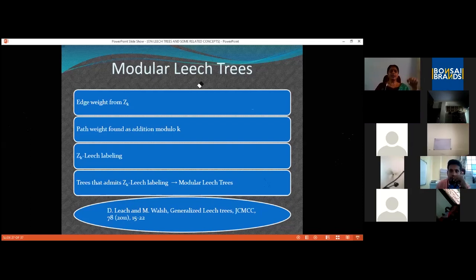And if all the path weights are distinct and are from 1 to nC2, then such trees are called Zk leech trees. Then the trees which admit Zk leech labelings are called modular leech trees. This was published by Leach, but not John Leach, a different one. This is David Leach and Walsh in 2011, again in JCMCC.